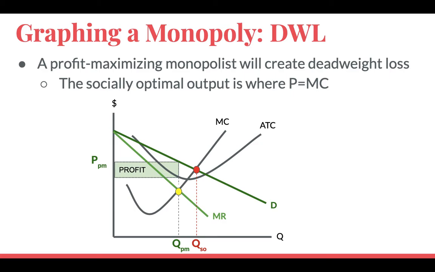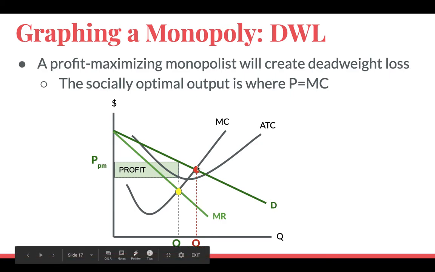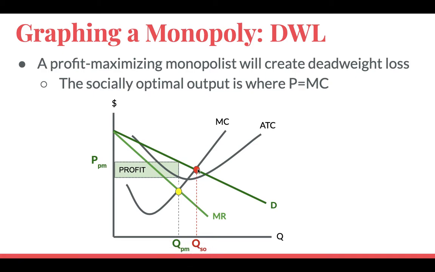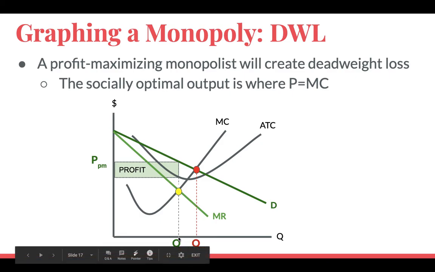So here's what happens as a result. This point where the marginal cost curve hits the demand curve is our socially optimal point. So that is our socially optimal quantity, QSO I've labeled it, and this is our profit maximizing quantity in green, QPM. So there's a gap between what the market wants, what society wants in red, and what the monopoly is actually choosing to produce, which is their profit maximizing quantity. The difference between those two things is the deadweight loss, what we want versus what exists, right?